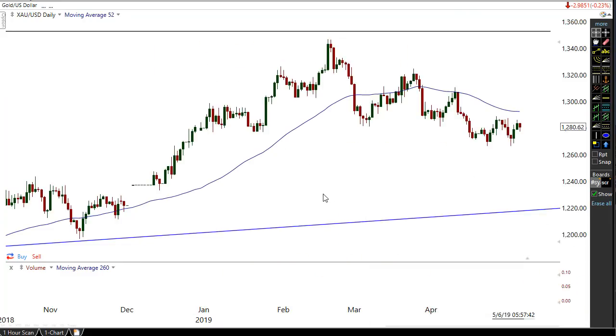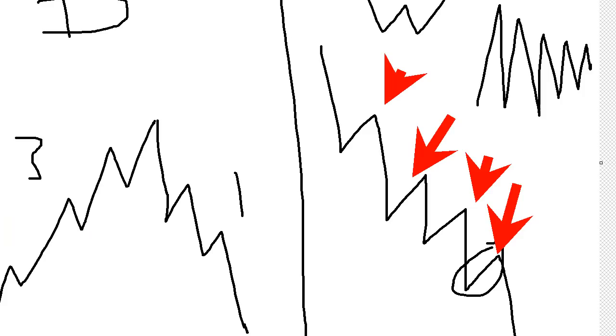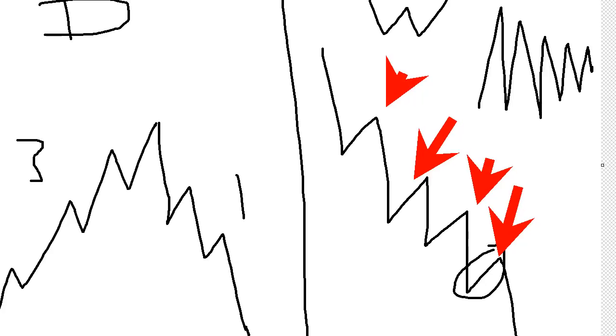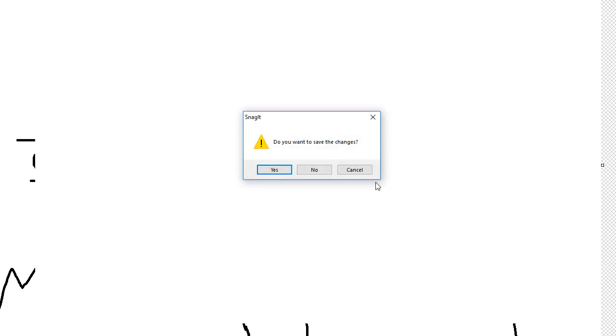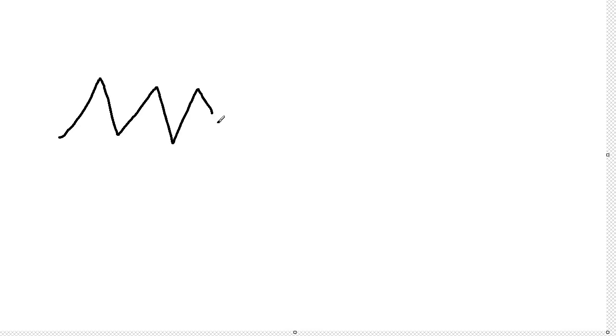Now, a false breakout, I talked about this in yesterday's video. Let me bring up this screen, because this is drawing from my private coaching call with my coaching clients. Let me see if I can delete all that off the screen. All right, let me share with you. Let me go new. I want to talk to you about what false breakouts look like and why silver and gold may be causing a false breakout. All right, so if we have a bit of a sideways range for a while,